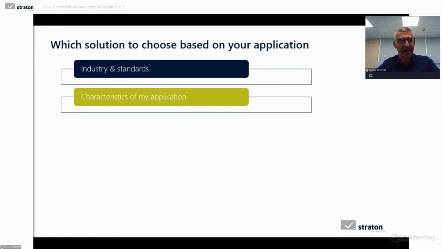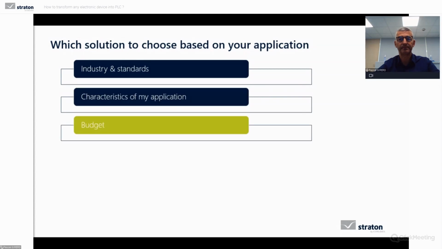Or does my client need access to the editor? Or I have to include the editor in my configuration too? These are the characteristics of my application. It's also budget. What will be my machine cost? In combination with the volumes, this can give me an idea of the budget. This will allow me to identify the necessary and possible investments.